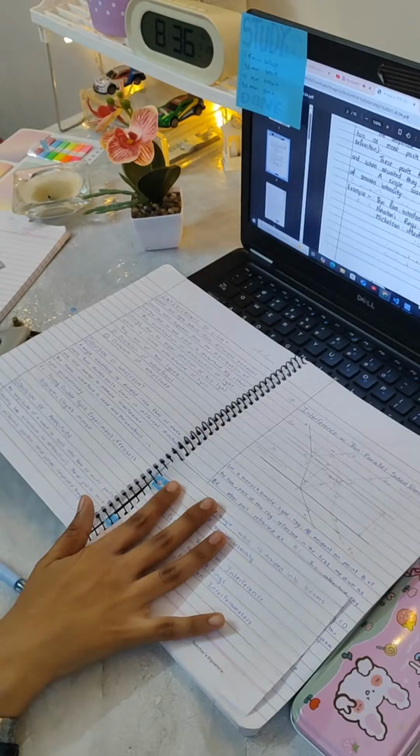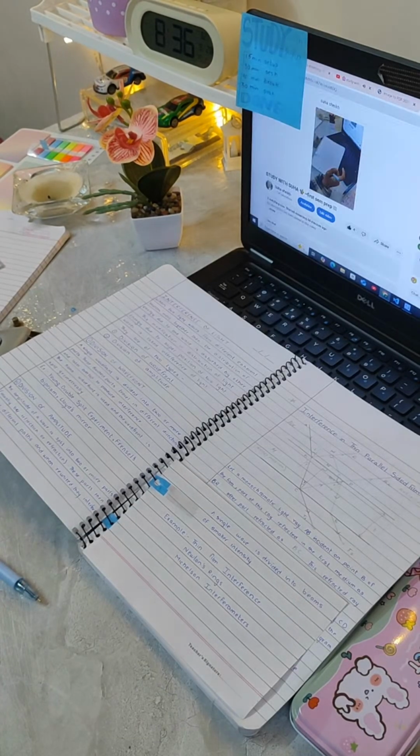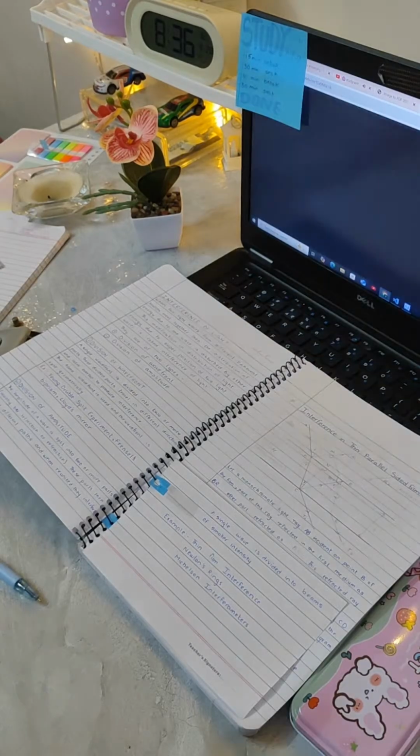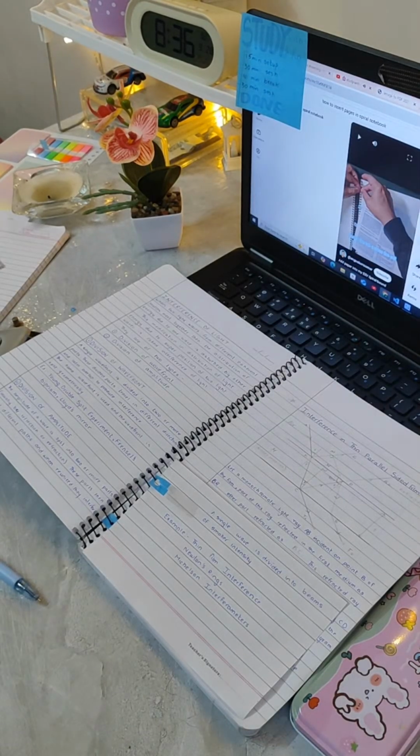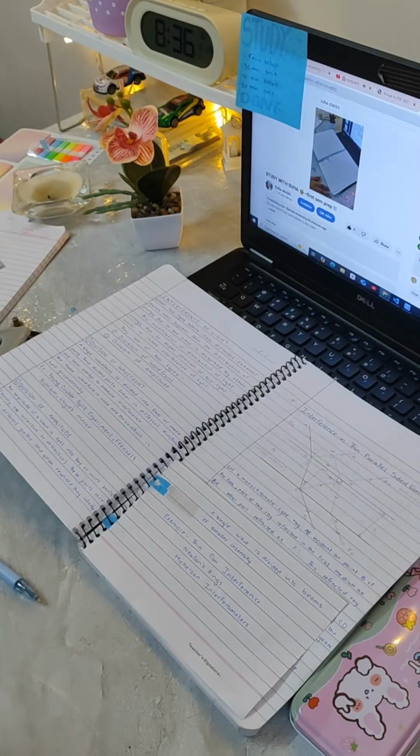I seriously have no idea if this is gonna last. But I think I'm done with writing down all of the notes, but this is just the beginning. I have gone through all of these while I was writing it, but I still need to get a little bit deeper and understand it so that I can remember it and write it down when I get a question related to it. So yeah, let's get going.